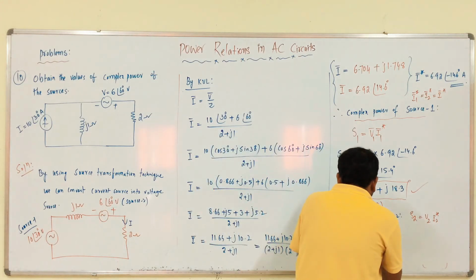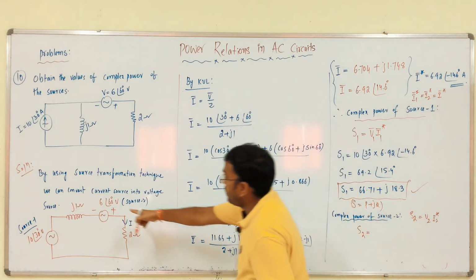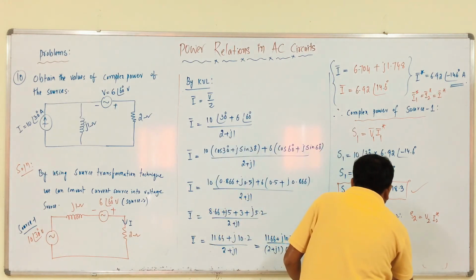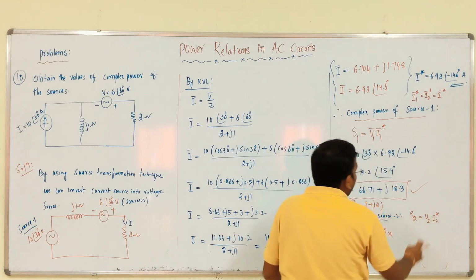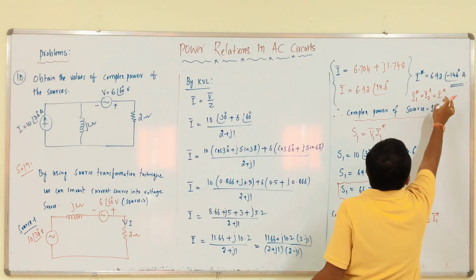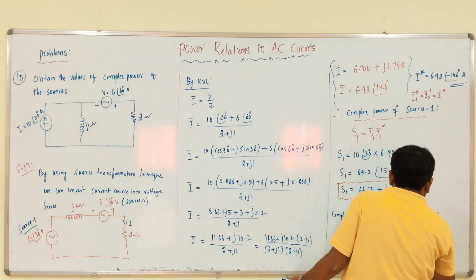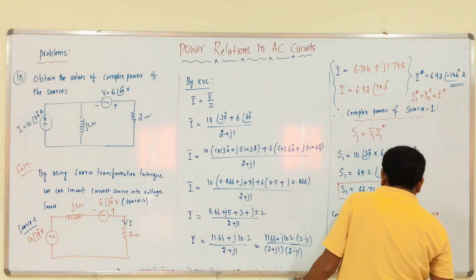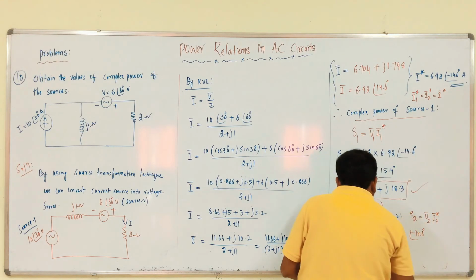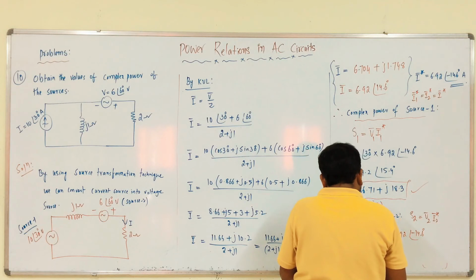Therefore, S2, what is the value of V2? 6 at an angle 60 into I2 conjugate, which is again the same value, 6.92 at an angle minus 14.6, right. So, from this we can get 6 into 6.92,